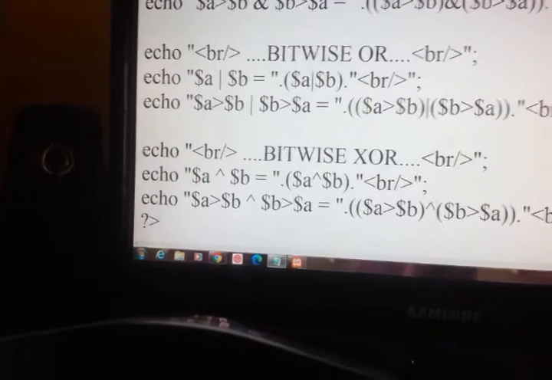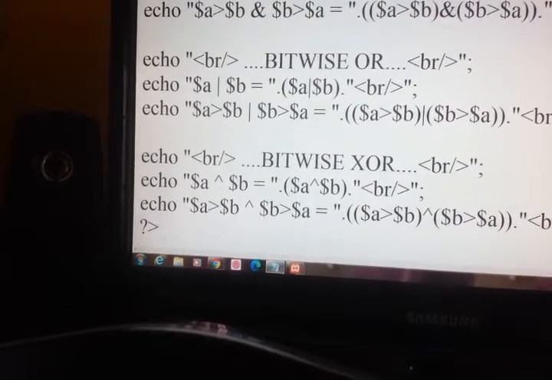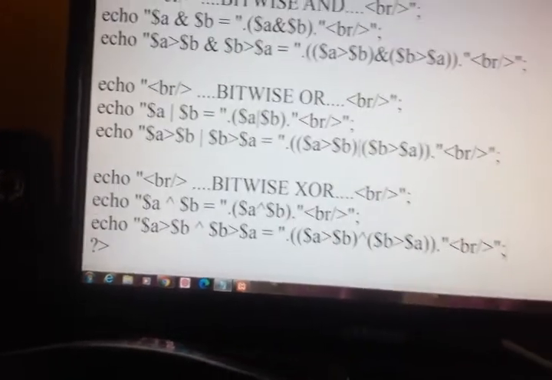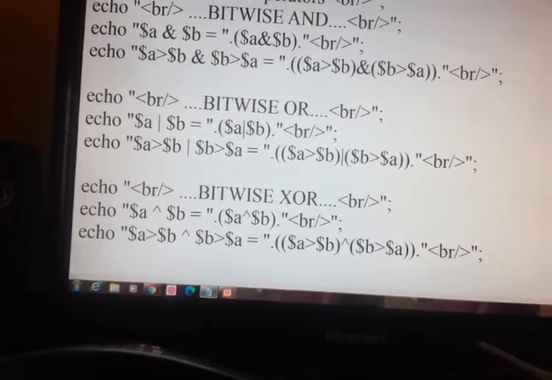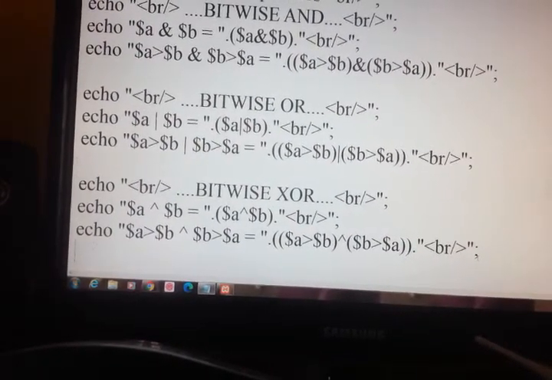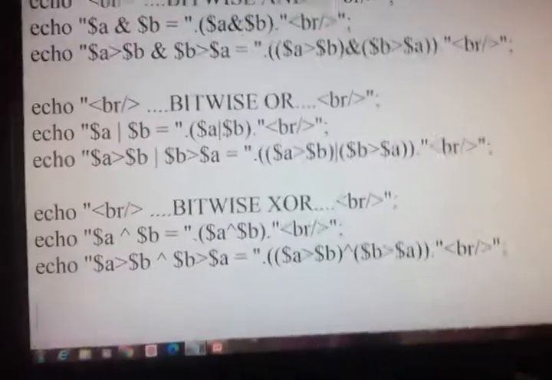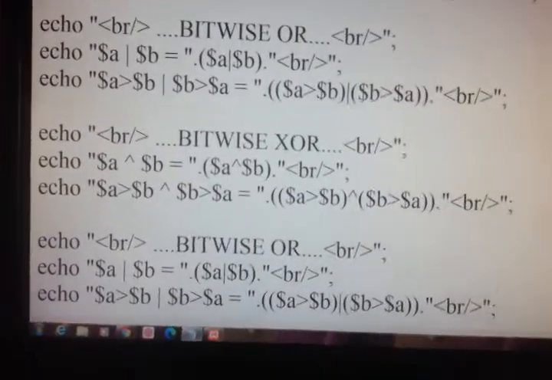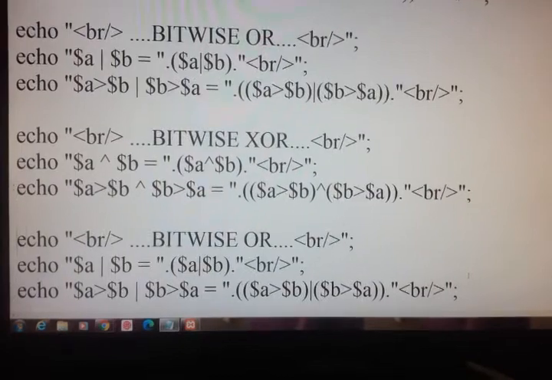After exclusive OR we have tilde, that is NOT. For NOT, we have to change our code a little bit.